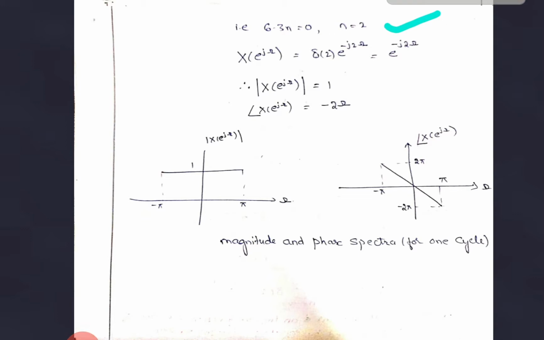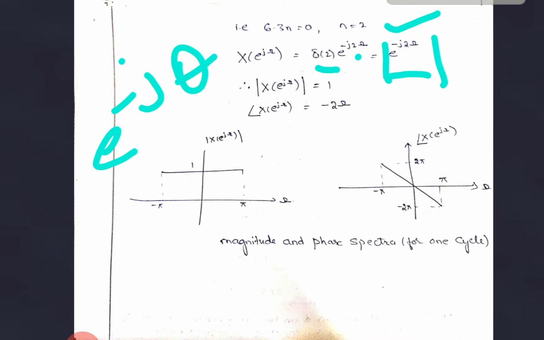So X of e raised to j omega is delta at 2, because only at n equal to 2 it is present, and its value is the unit impulse, 1, times e raised to minus j 2 omega. In place of n we are substituting 2. So e raised to minus j 2 omega is the answer. Now the magnitude of e raised to minus j 2 omega is 1, and the phase angle is, since it is of the form e raised to minus j theta,